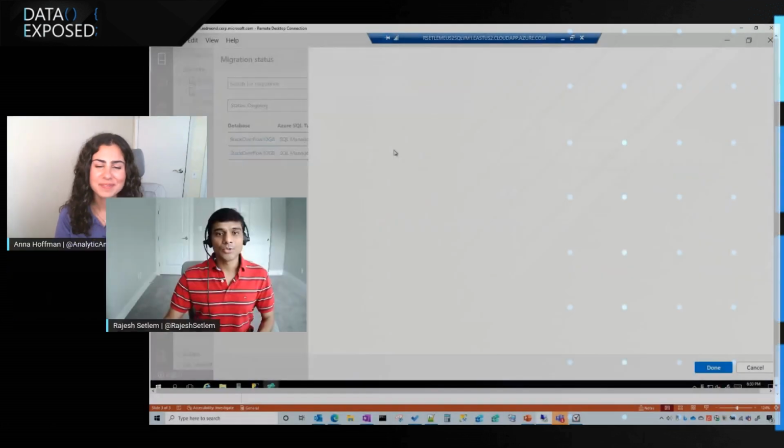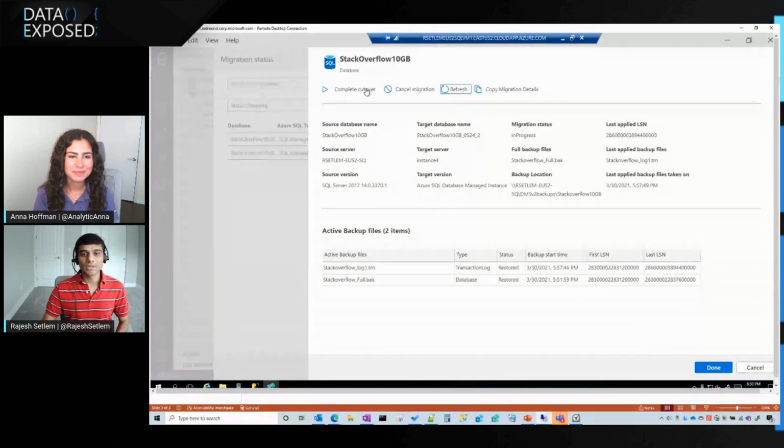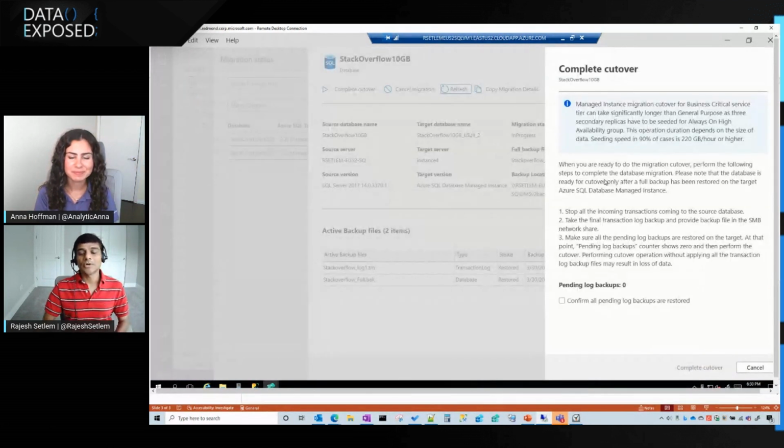That's a great question. So what really happens at that point, I can quickly jump to that screen. If I go pick a database and I hit complete cutover, let's say in this case, the example that we're talking about is SQL managed instance. What is happening here is this target database on SQL managed instance will be in restoring state for the duration of the migration, so that it lets you restore additional database backup files. And during the cutover, we restore the database, we open the database, and then we finish the recovery process, and we let user connections connect.